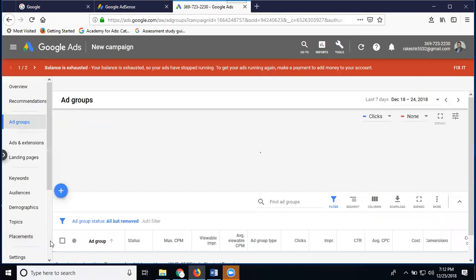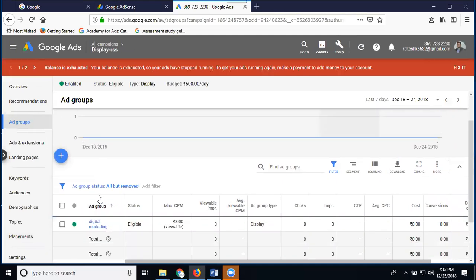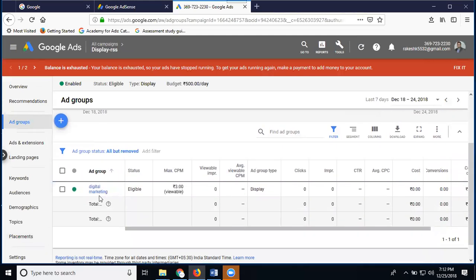Any display ads will display on Google AdSense websites, the YouTube channel right side on desktop, and the YouTube video bottom on mobile.